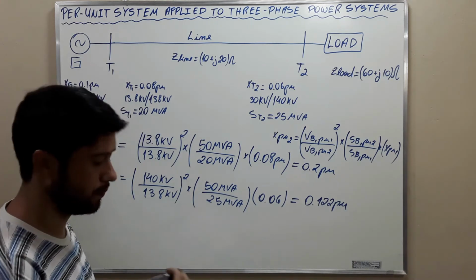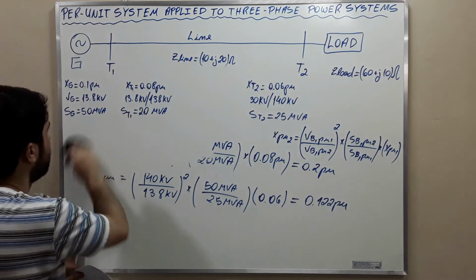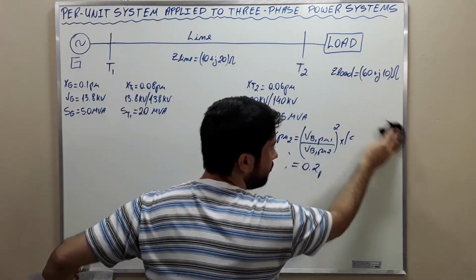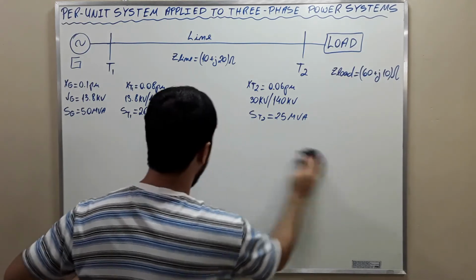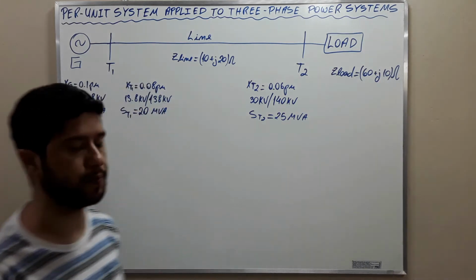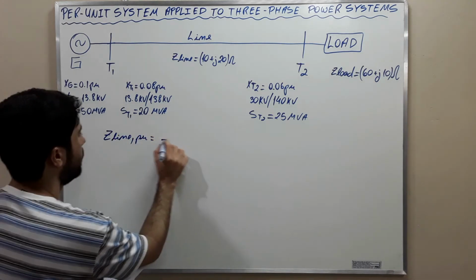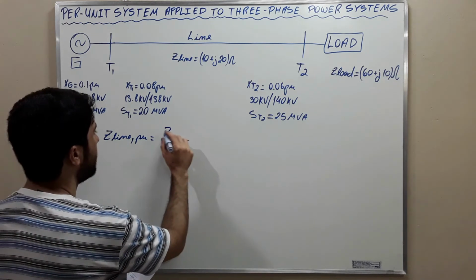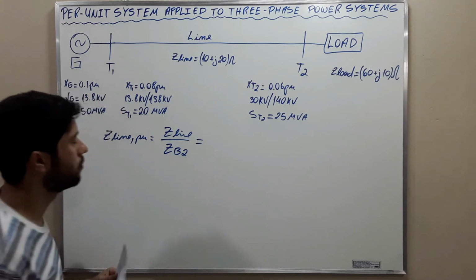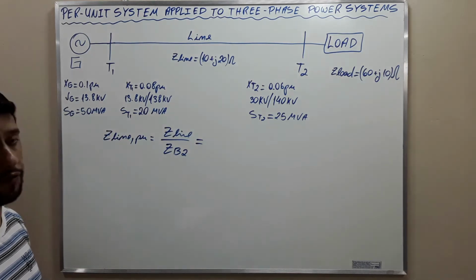And now we can create the model in per unit. But before, let's not forget, we need to convert this impedance and this impedance to per unit. For the line, it is going to be Z line divided by the base impedance for region 2, which is the region of the line. Using the values, we find